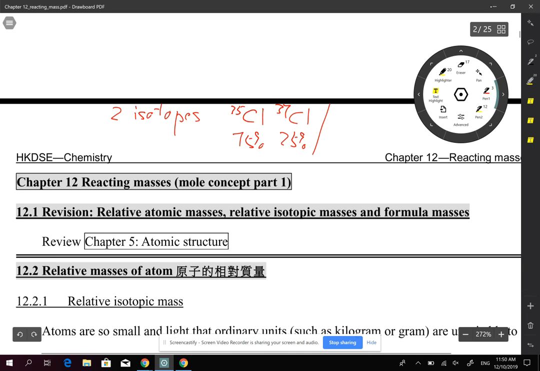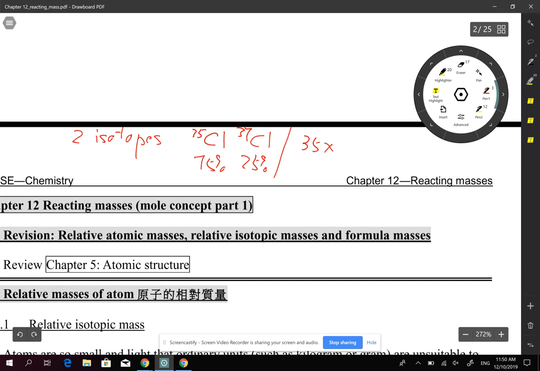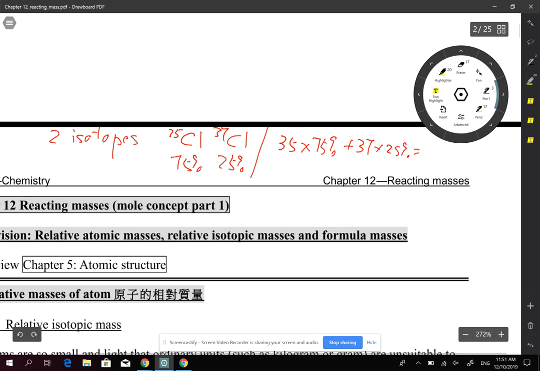Yes, just the mass number multiply the percentage. Mass number 係 neutron 加 proton. Yes, very good. Mass number equals the number of neutrons plus protons. Okay, multiply the percentage. Yes, adding all those values together. We have another isotope, 37. The mass number multiply the percentage. And after calculation, you know the value it is. Relative